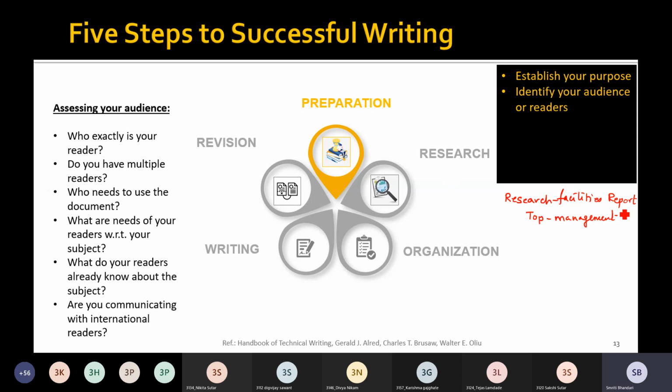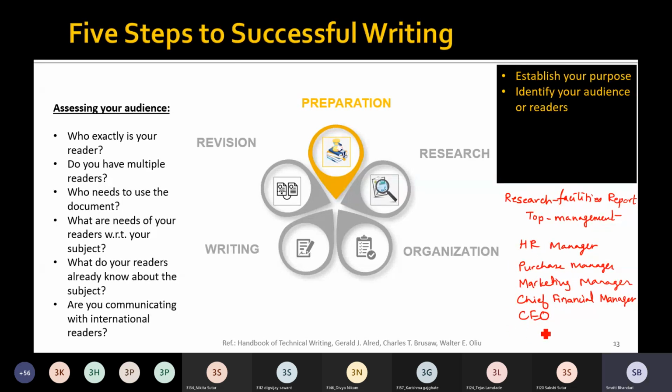Now, in our research facilities report, whenever we say that this report is meant for top management, this team may include the HR manager, the purchase manager, the marketing manager, the chief financial manager, and definitely the CEO of the company, or the chief executive officer, right?